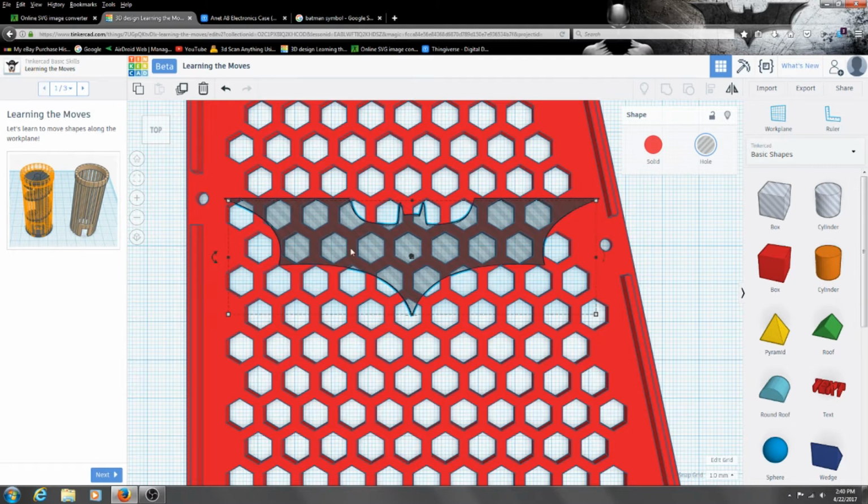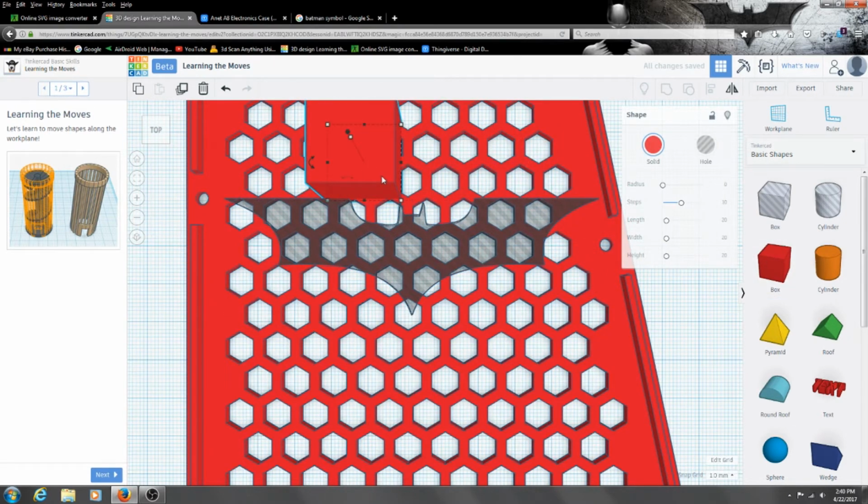Now, not only that, the next step would be, now that you have it pretty much cut out of the lid here, it's obviously going to look a little strange and off, because once it cuts out, you're still going to have this hole here, this hole over here. You're not going to see the head of the bat really, because it's got these holes right here. It's going to look off. So how you fix that is you get a box, just place it on top here,